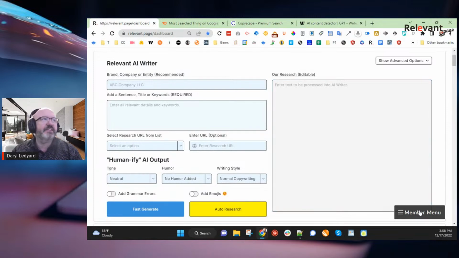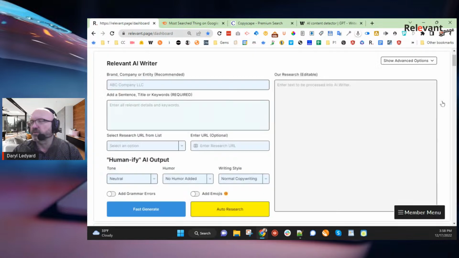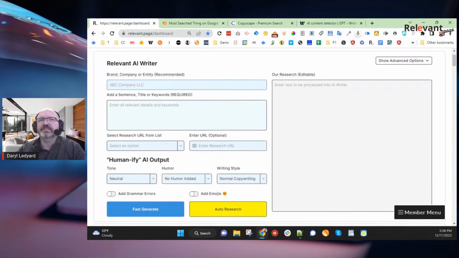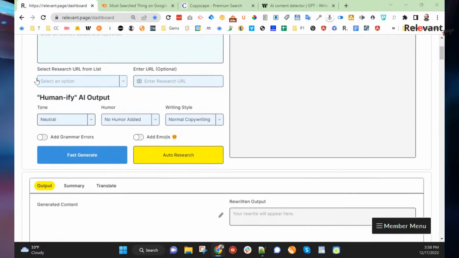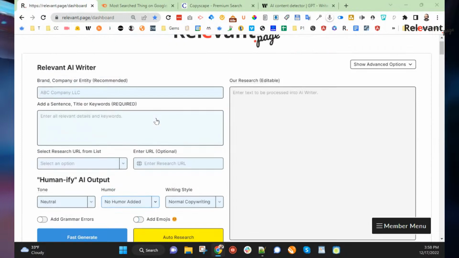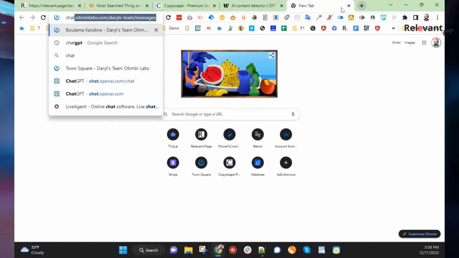And if you guys hang in there for a minute, I will show you the service page creator, because there's a lot of people in my audience that like the service pages as well. So I'm just going to go ahead and enlarge this here. But does anybody have any questions about the human touch that we can add? One of the things that our tool does, and if we put in ChatGPT,